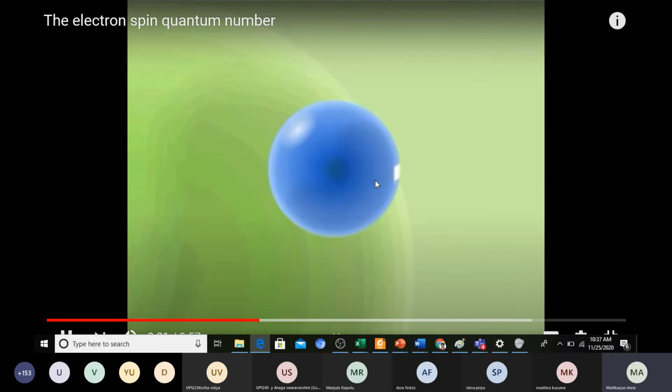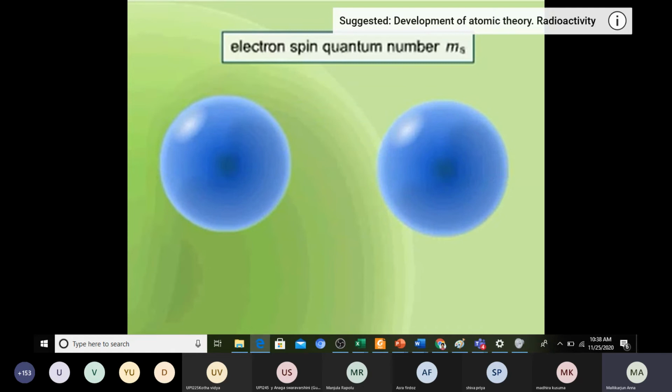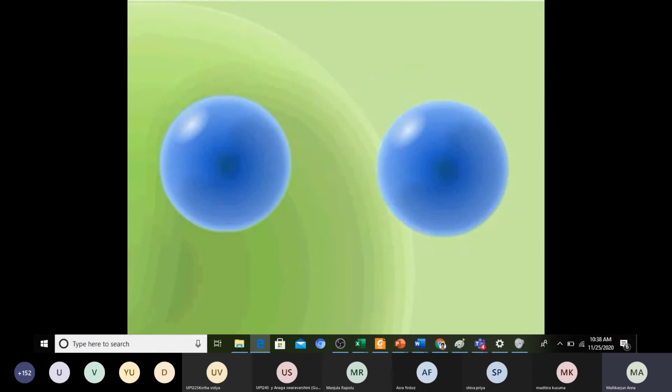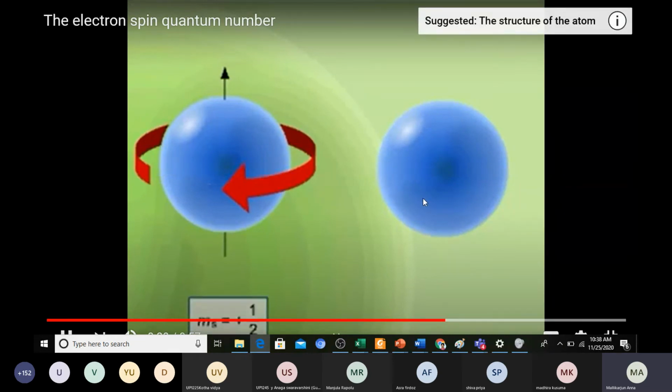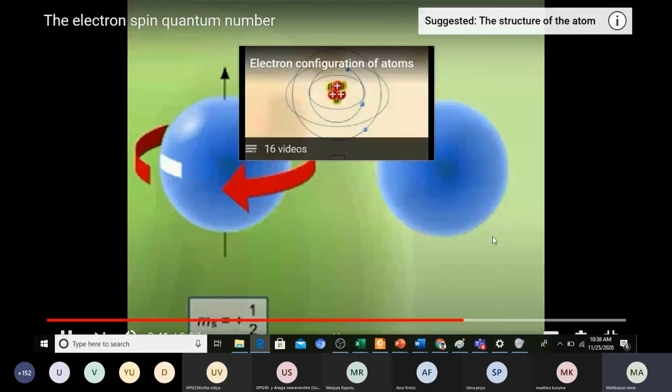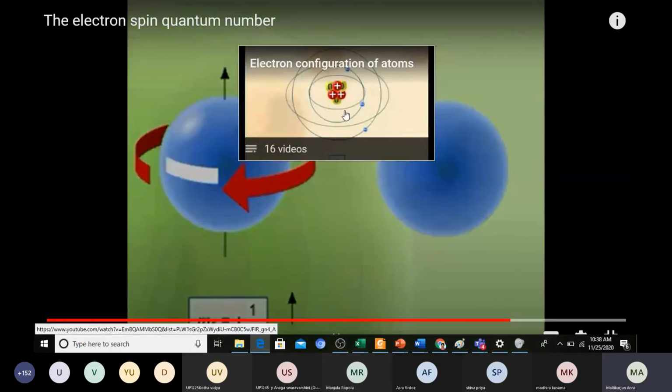See that the spinning of the electron is happening. This is the spinning of the electron. By this we can store zeros and ones in the atom. See that, it is upward spinning. It is downward spinning. So this is about the spinning of electrons, and later we'll come back to the same topic.